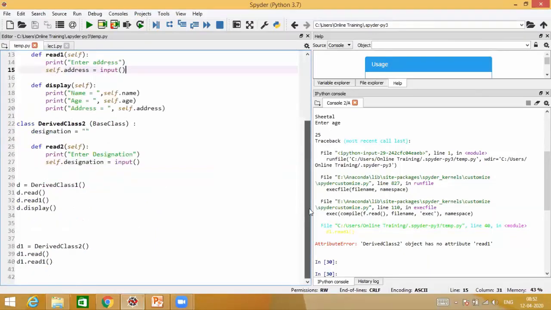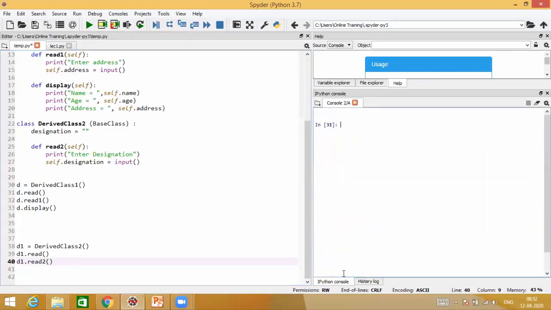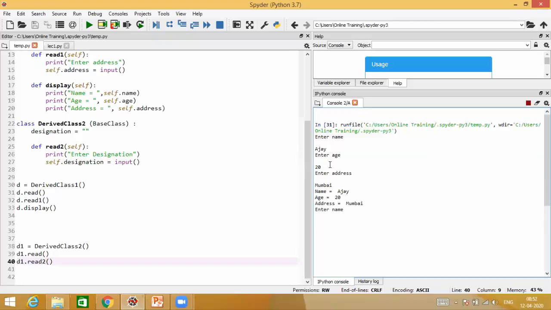I can call either read or read2 over here. This is how you will be accessing the data belonging to the base class using multiple derived classes. Now, if I run this quickly, enter name. This is Ajay, age is 20, address is Mumbai. Display the information for the first derived class. Enter name. This is Sheetal, 25. And now if you see, what did it ask here? It asked for designation. It did not ask for the address,